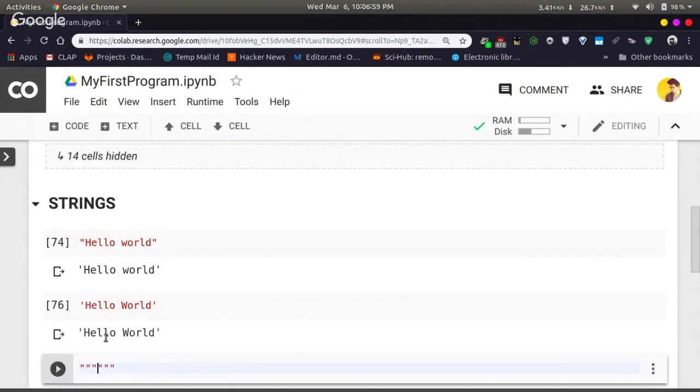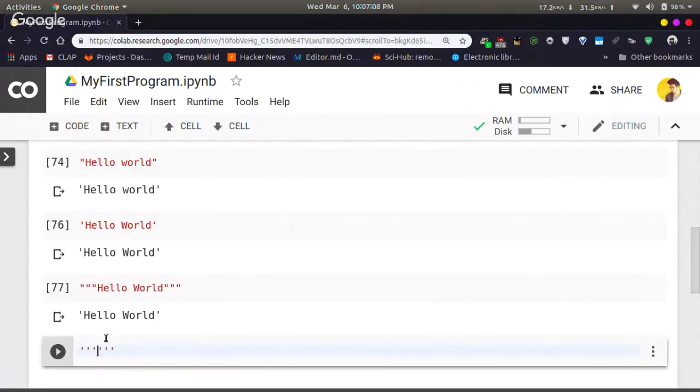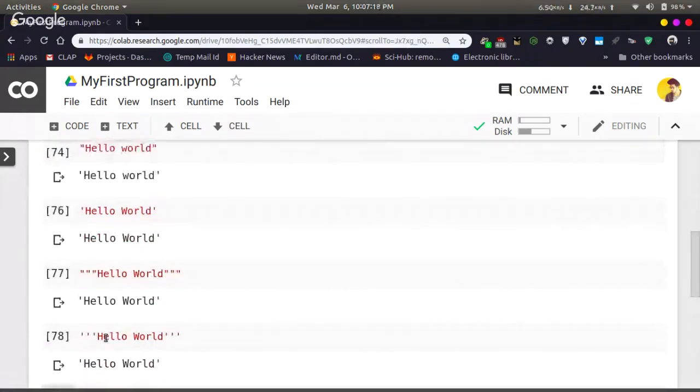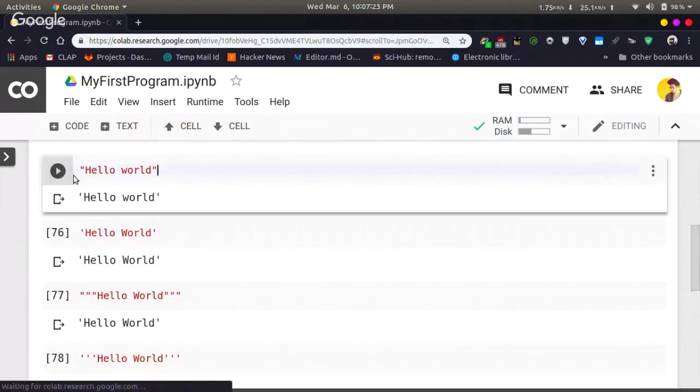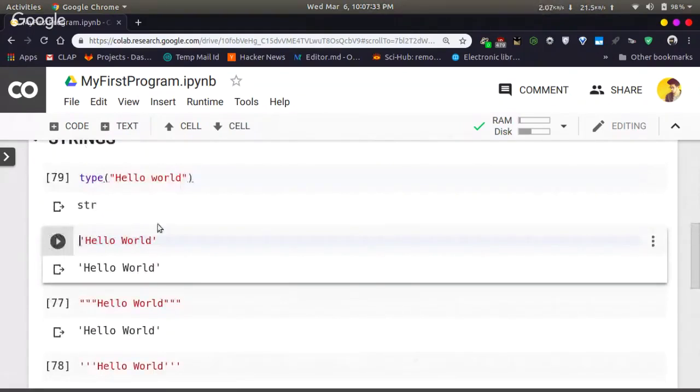You can also type it inside three quotes. These are all the different ways in which you can create a string data type. You can just enclose it and check the type. This str stands for string type.